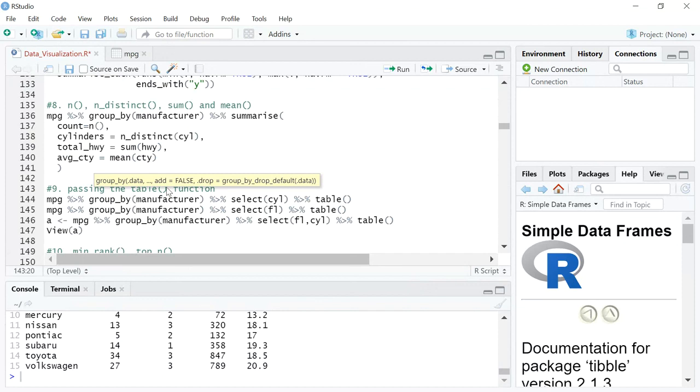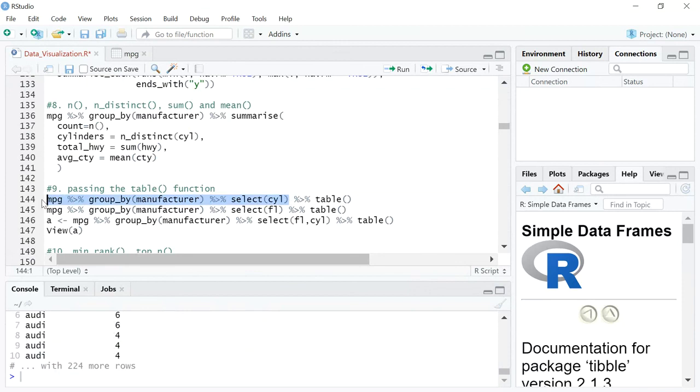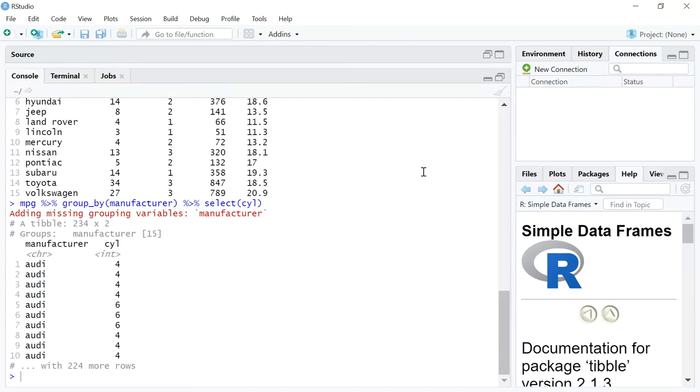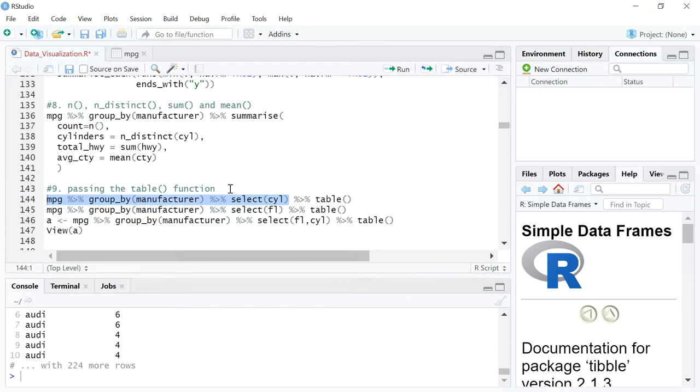Now let's move to the table function, which is the last function that we are going to cover in this video. Again, it's the same. I'm just using the same aggregation, which is MPG and grouping by manufacturer. Let's say I select cylinders, right? So the moment I do this, what I'm going to get is something like this. I have just selected until cylinder. So I'm selecting all the manufacturers and I'm selecting cylinder. So it's just giving me these two columns, right?